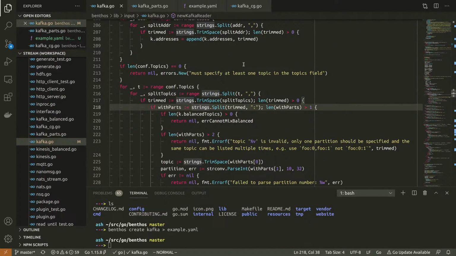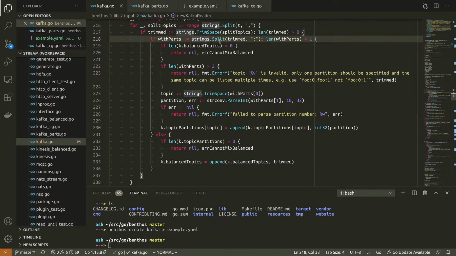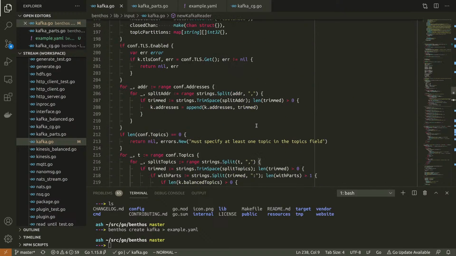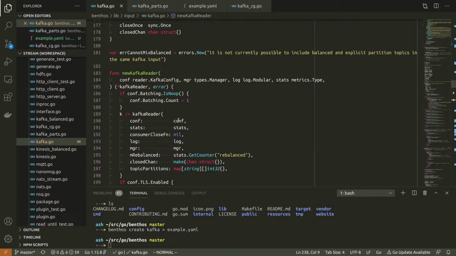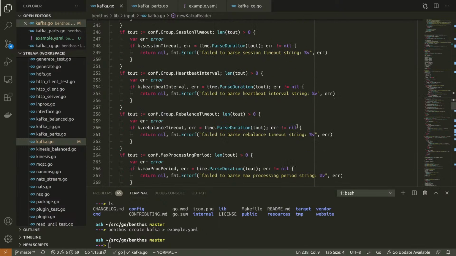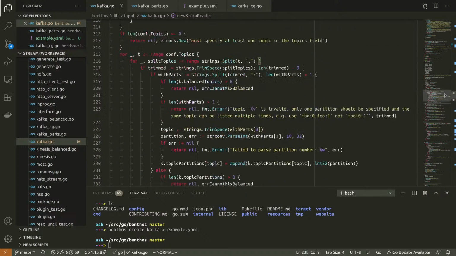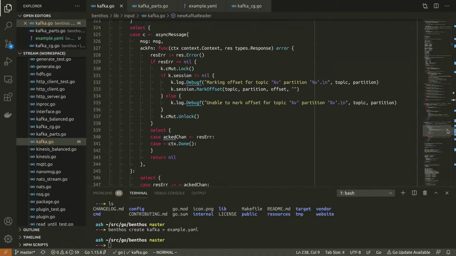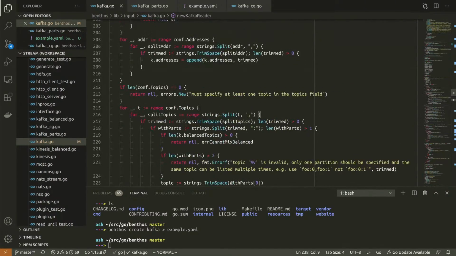So, okay, we've got this world where we're parsing out the topic partitions or balanced topics, and I don't think we've actually got a check here for whether the consumer group's been specified. There is going to be an error if you do that, I think, because we're going to try and get stored offsets and the consumer group isn't going to exist.